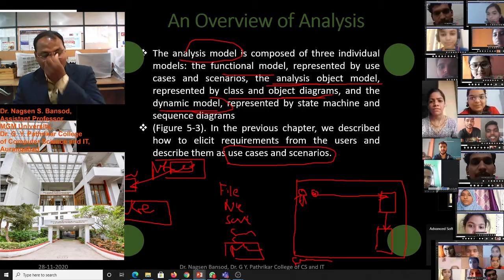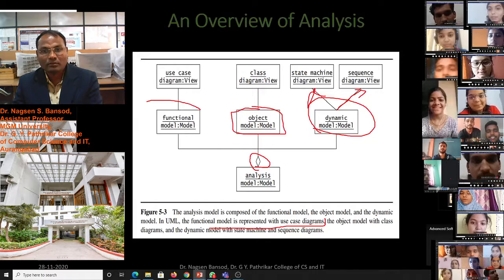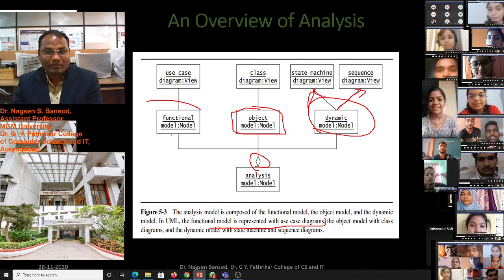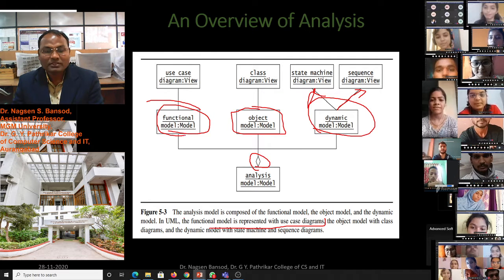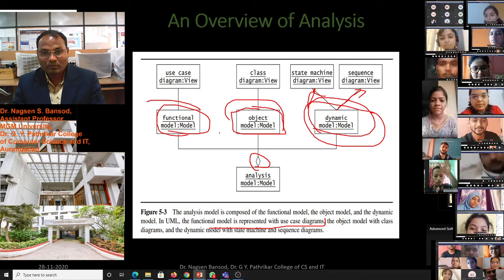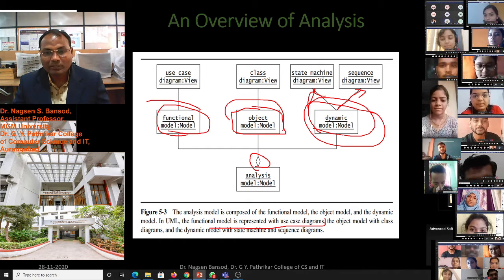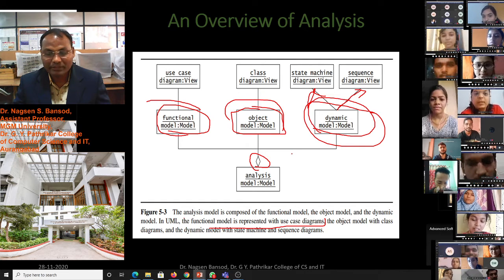Which three models? Functional model, object model, and dynamic model. All these three models we will discuss in this chapter.